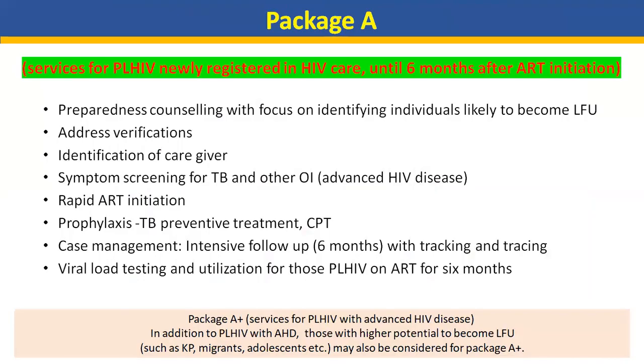Now the package A: preparedness counseling, address verification. These are the things we do at the initial initiation registration time. Identification of the caregiver, symptom screening for TB, rapid ART initiation, prophylaxis, TB prevention, treatment, CPT, case management, intensive follow-up with tracking and tracing. These are the things we need to do. Now, the case management intensive follow-up of 6 months with tracking and tracing, and the prophylaxis